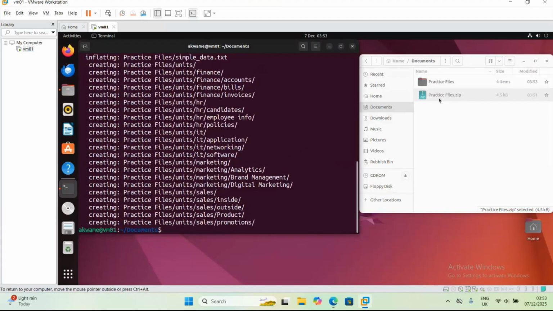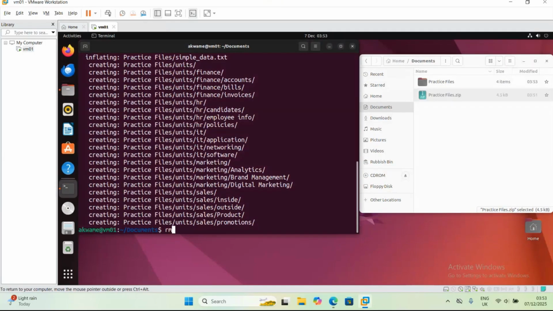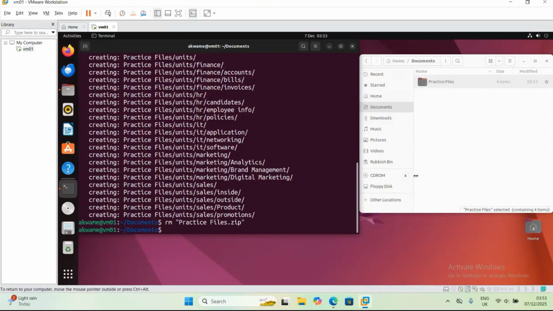Now I want to remove this zip file. One way is I can just select and press delete, or I can use the command rm, which means remove, and then I need to quote it because of the space. So "practice files.zip". So here you can see that I have managed to delete the